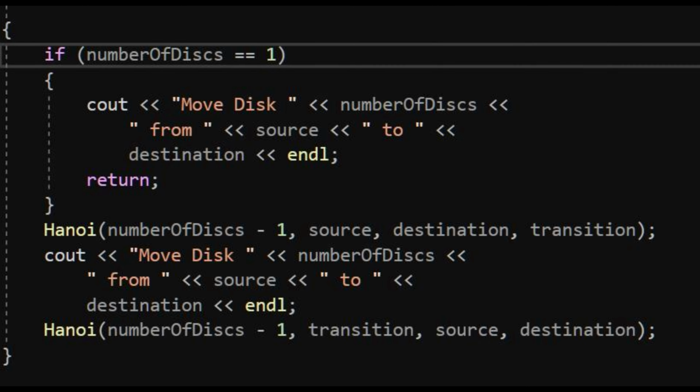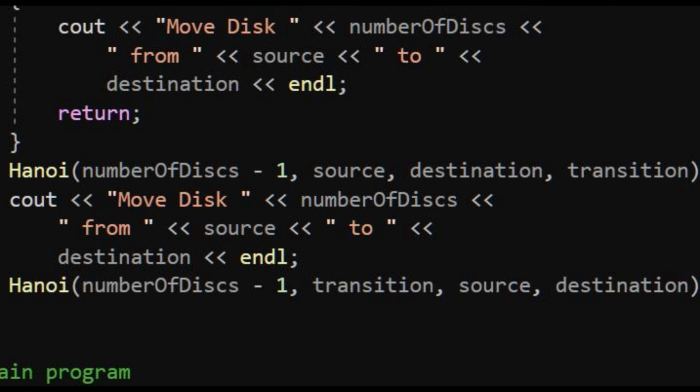Now to the basis. As we have 3 rods, the source, transition, and destination, we need to call the function 2 times extra, so we represent those rods. We move the variable names in those self-instantiated calls one step to the right, so the virtual plate gets moved from the left to the right. Now let's execute it and have a look in the debugger how it actually runs through it, and you get a better understanding of it.